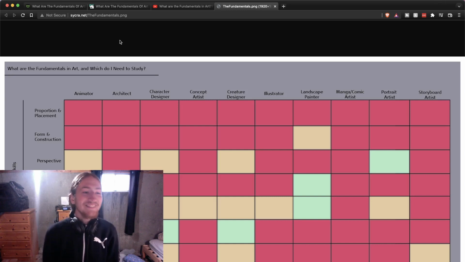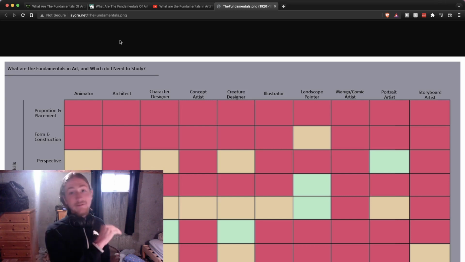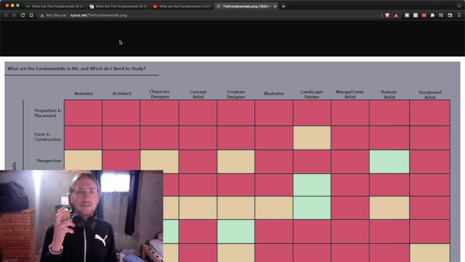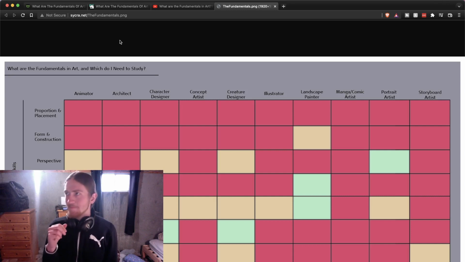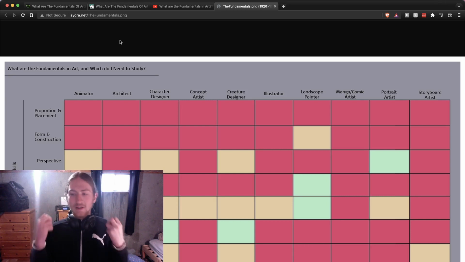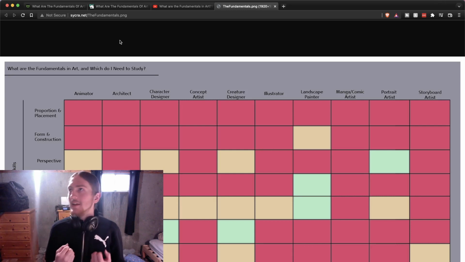So, those are the 4 core fundamentals. Is that what I said? There's proportion, which is how things relate to each other. Then there's color, which is another subcategory, I'd say, of value. Color is very important, because it increases your ability to express yourself and understand what different colors do and what emotion that gives,